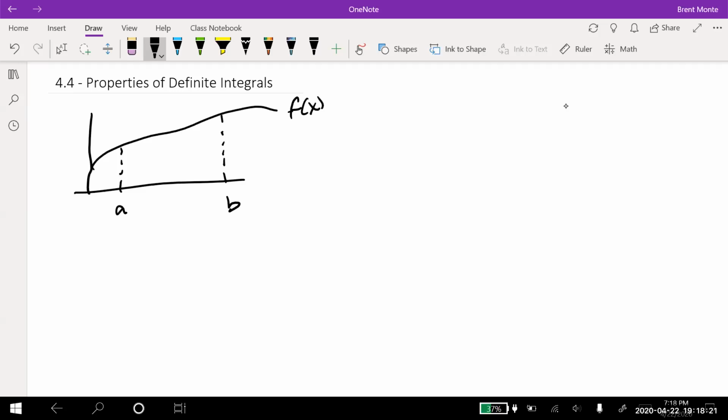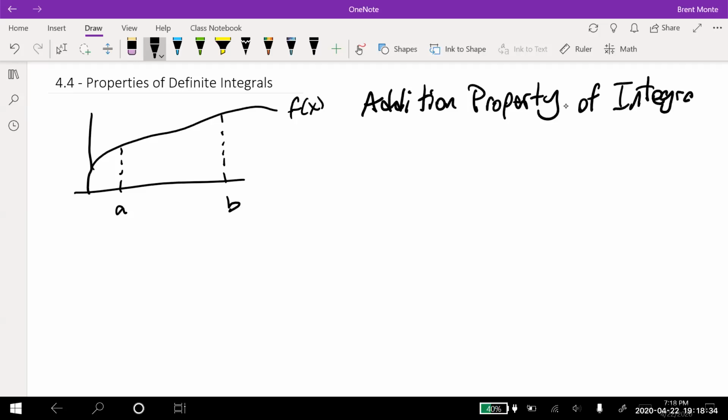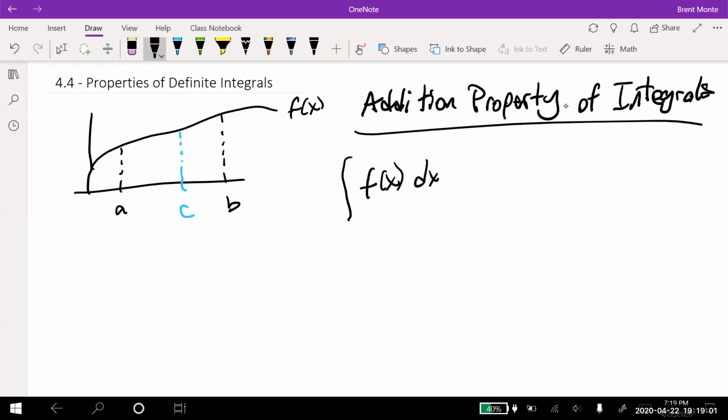The addition property of integrals just says, if I have a continuous function, which f of x is a continuous function, there's no gaps or holes or jumps or anything in there, and I have another value, say c, somewhere in between here. Now, it's probably not surprising to you that in order to get this whole integral, f of x dx, from a to b, if I put some value c in between there,